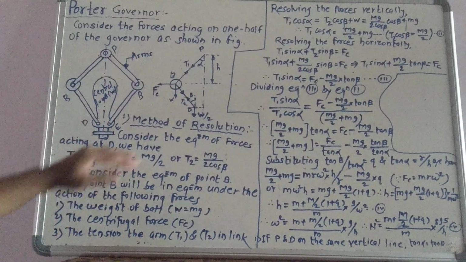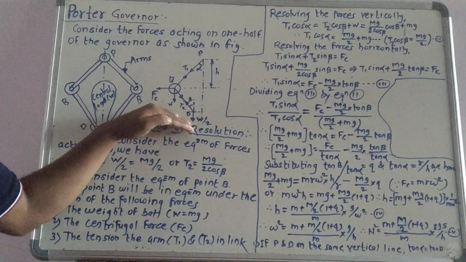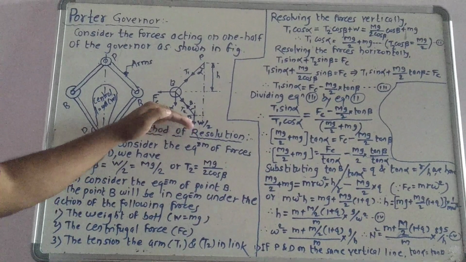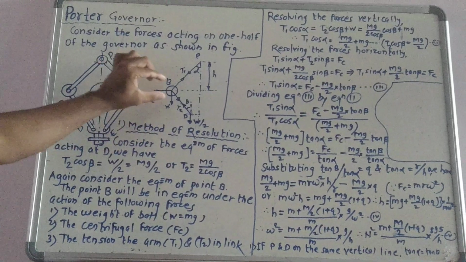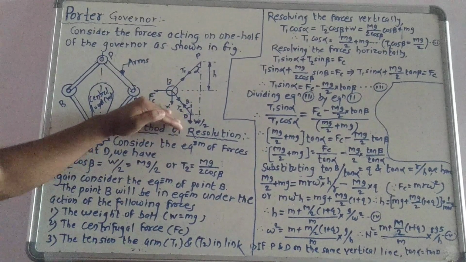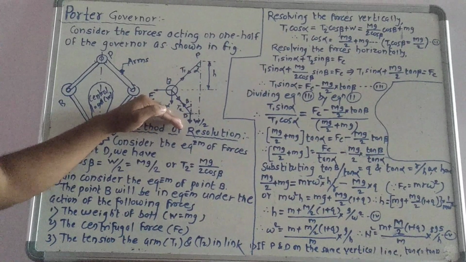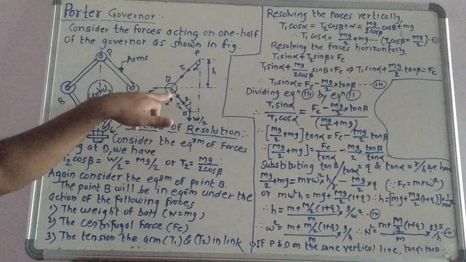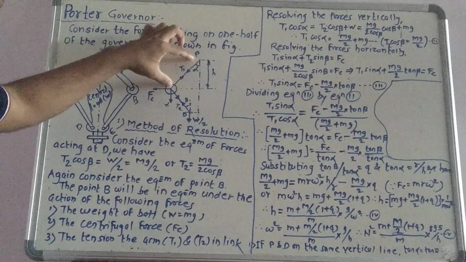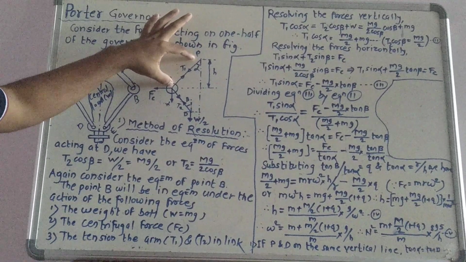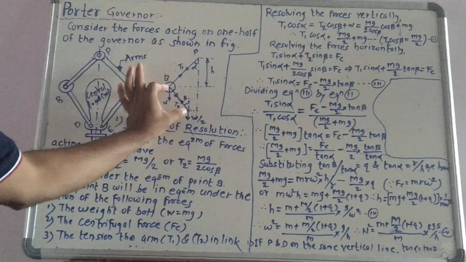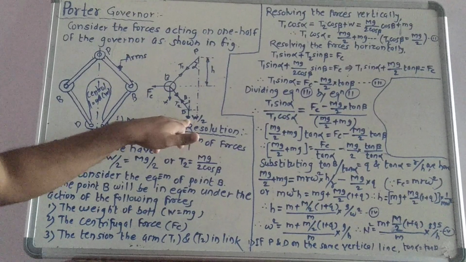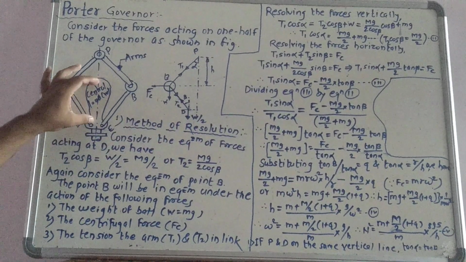configuration diagram. So as per our earlier discussion, in case of Watt governor, the various notations we have used: let m indicate the mass of this fly ball, w is nothing but the weight of that fly ball, Fc indicates the centrifugal force acting on this ball, T1 is nothing but the tension in the arm, T2 is nothing but the tension in the link, capital W indicates the weight of the central load.